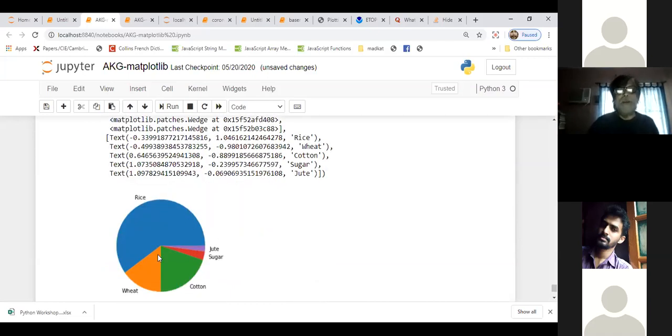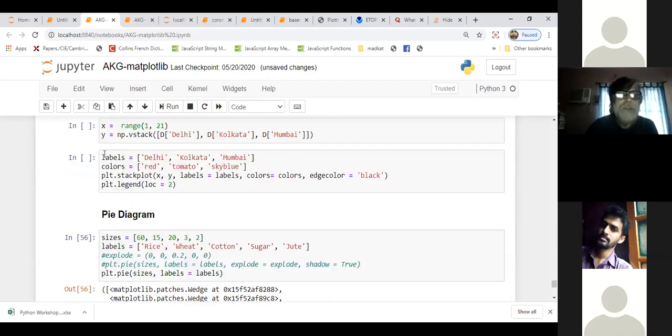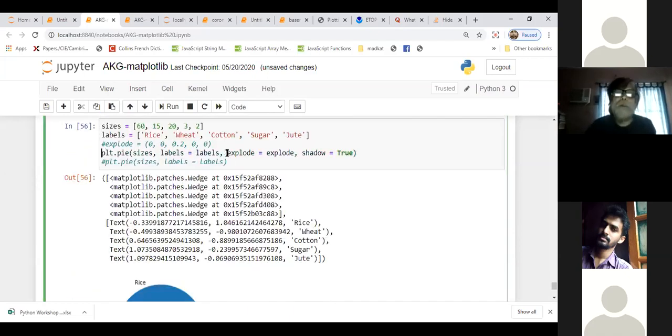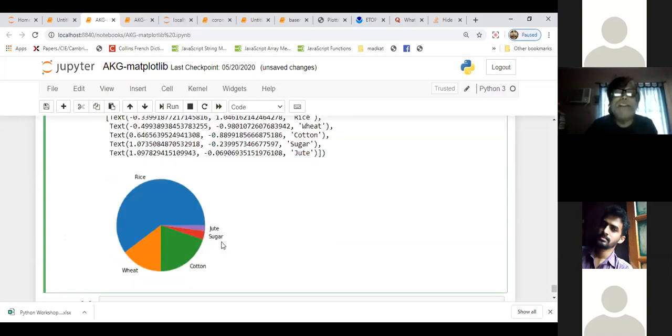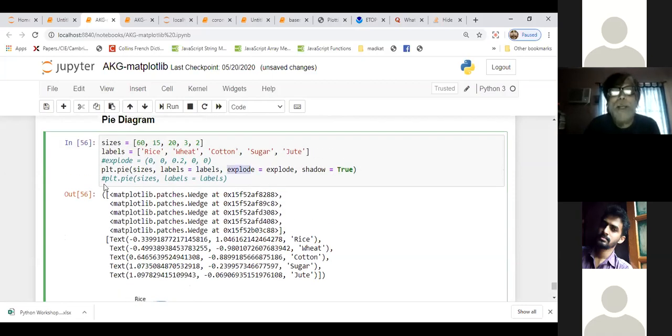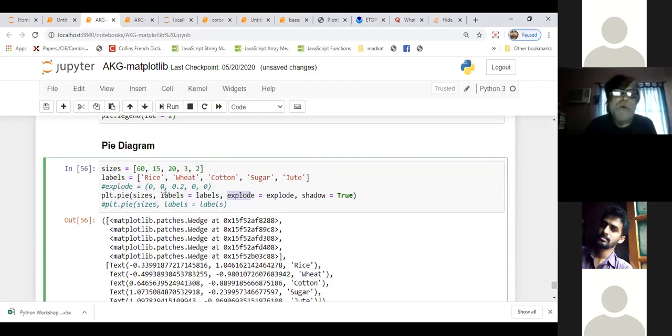Now you write here the explode. That means the fancy thing. One piece you want to take out, like a piece of cake. So you write explode, and explode is this: 0 explode for the first, 0 for the second, 0.2 for the third, and 0, 0.